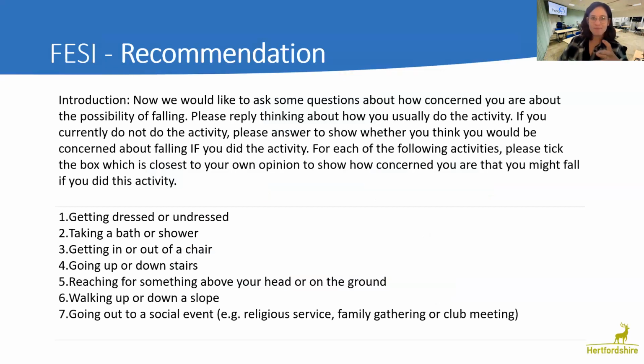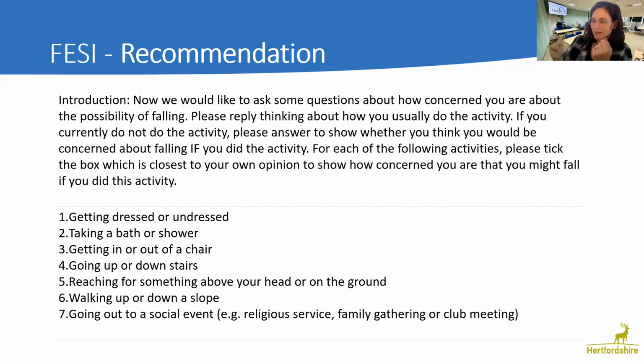So this is the Fall Efficacy Scale International. I will send this to you, so you'll get it in an email. You'll get a PDF. The beginning bit is an introduction, so how you would start this questionnaire, and it's a 7-item questionnaire, and it measures the fear of falling and the concerns about falling. Again, this is a recommendation, so it's evidence-based.